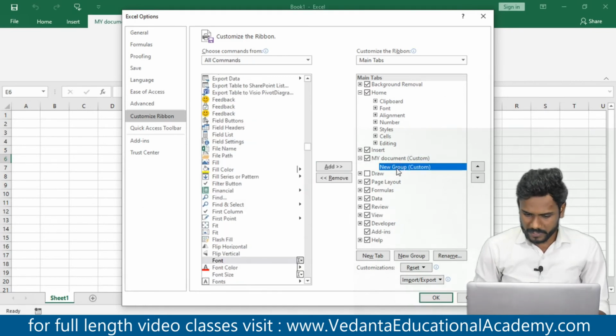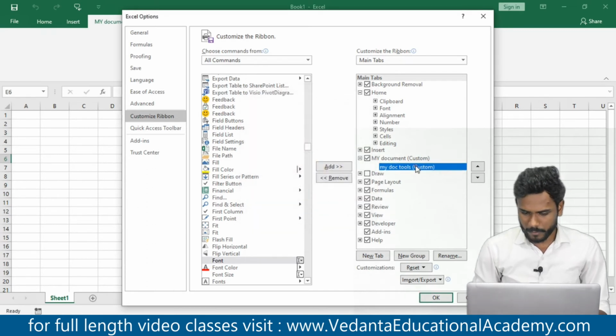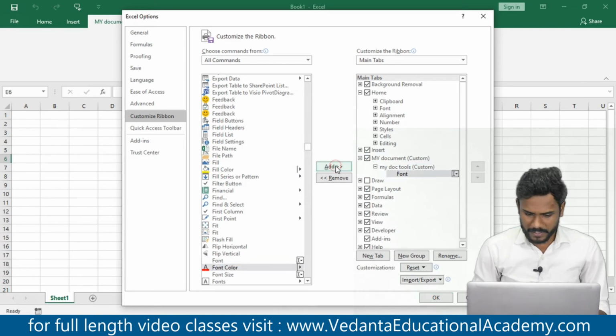In the group I'm going to rename the group, and the group name will be my document tools, and simply click on OK and activate the group. And now here select font and click on add, and again font size, click on add.